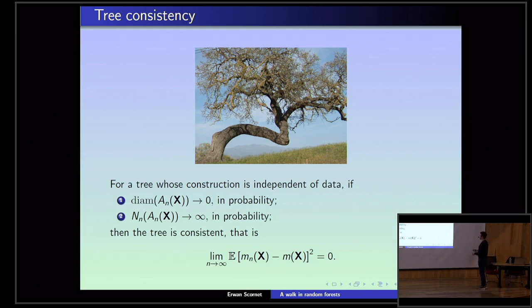And the second one is the fact that you need to have a large number of observations in the cell. This is the number of observations in the cell A_n(X), so the cell of the tree which contains X. And this number must tend to infinity. So it means that when the number of observations is growing, I must have in each cell a growing number of observations. So here the first assumption is here to ensure that the approximation error of your estimator is tending to 0. Approximation error means that, so you need to recall that in each cell, you're going to estimate